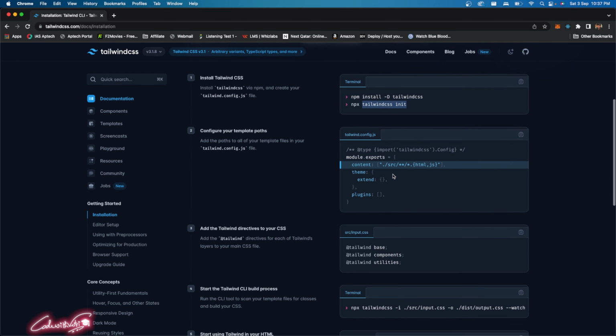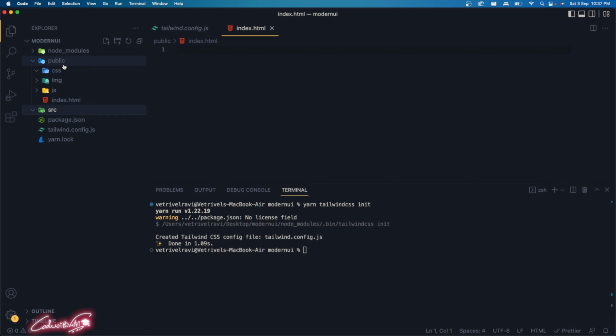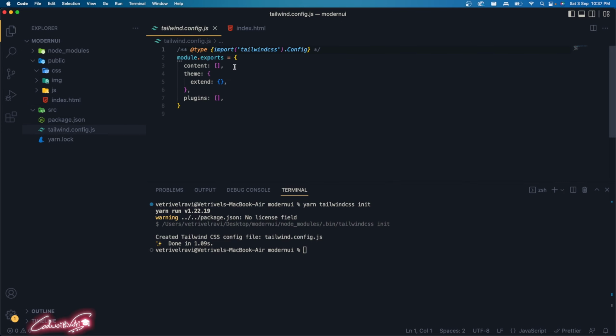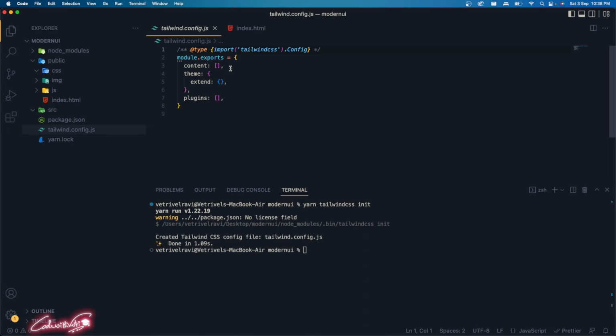If you go through here, we have to update this location, where this Tailwind configuration should look for our HTML and JavaScript files. So that should look inside our public folder. What I need to do is copy from the star, just the last part, and I'm going to make the content as